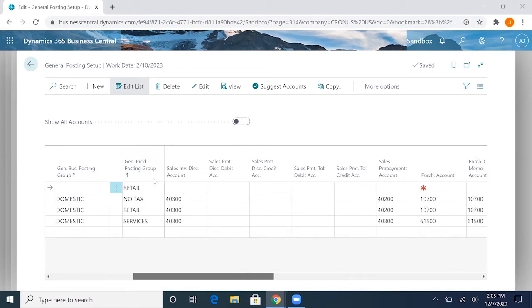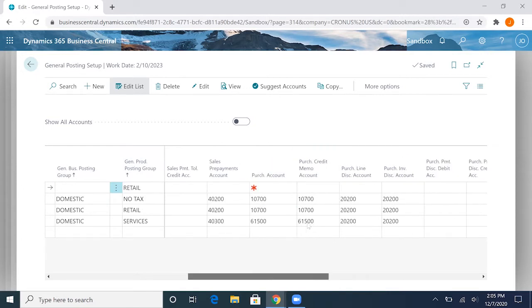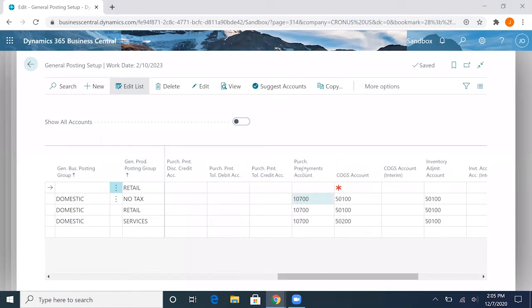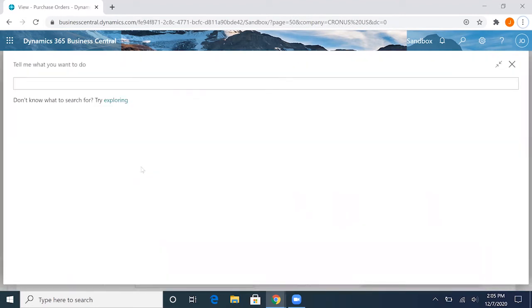For a sales prepayment account, you would fill this in here. And for a purchase prepayments account, you would fill that in over here in these columns to the right. And when that's set up, we can also go to the purchases